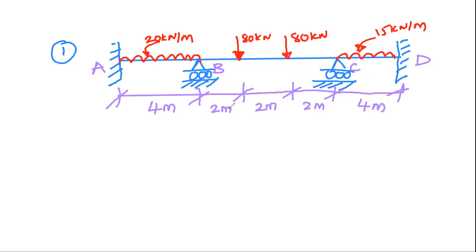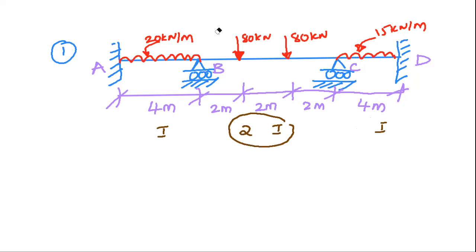And the moment of inertia you have to check here. As I told you, moment of inertia may vary. For the AB span, it is just EI. For the BC span, it is 2 times EI. And for the CD span, it is just EI. Here in the mid span the flexural rigidity is more, to be precise, the moment of inertia. So here it is 2I, and this is I, and this is I.